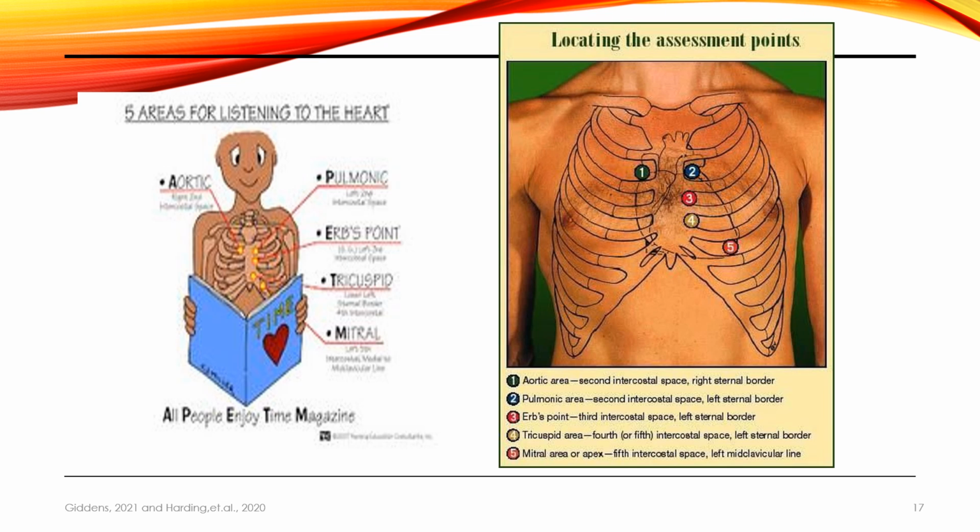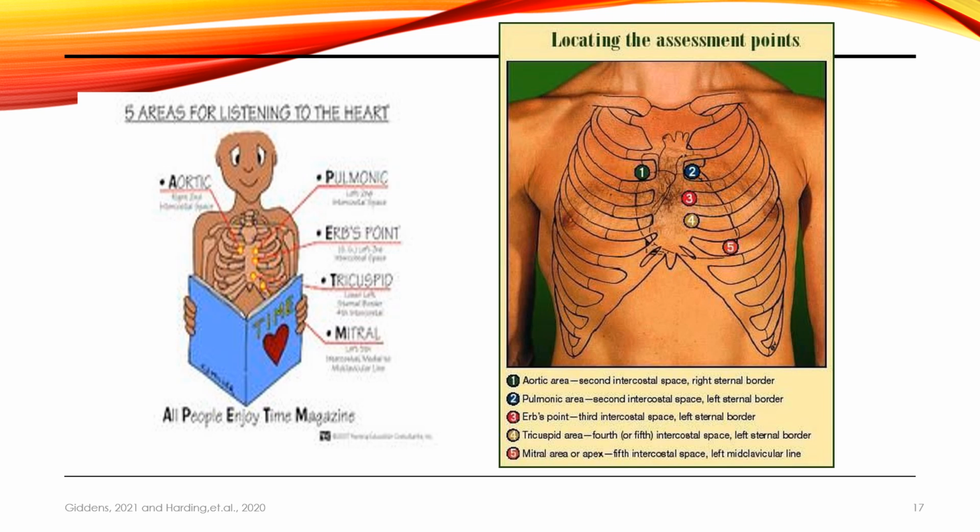We're getting close to that point in the semester where you will do your head to toe assessment, and part of that assessment will include your cardiac assessment. So, learning how to listen to that heart in the correct order is important. Okay. So this picture on the right kind of gives the visual of